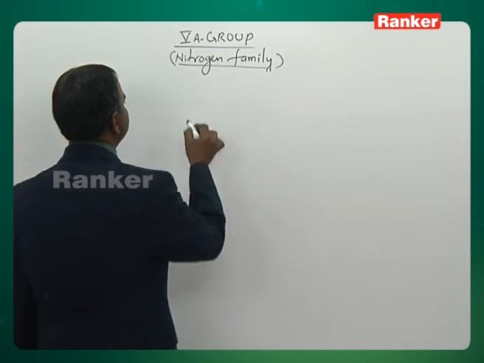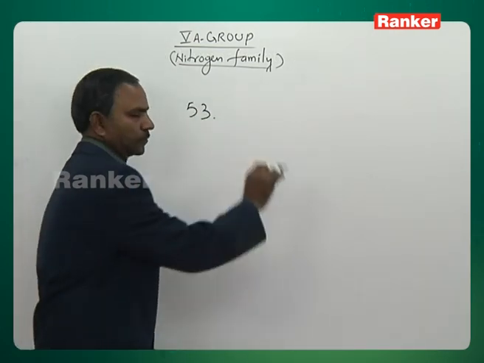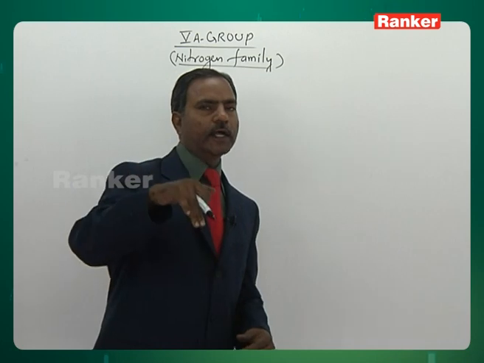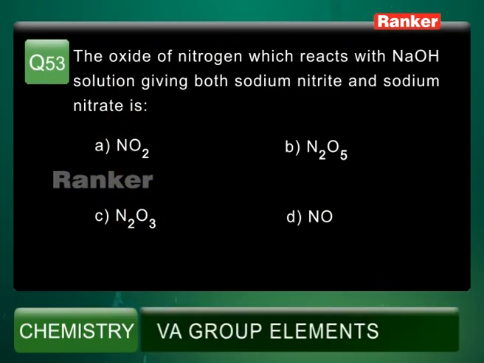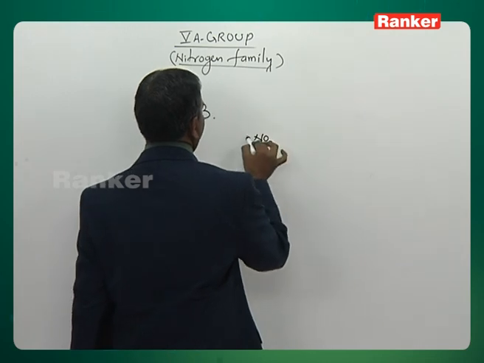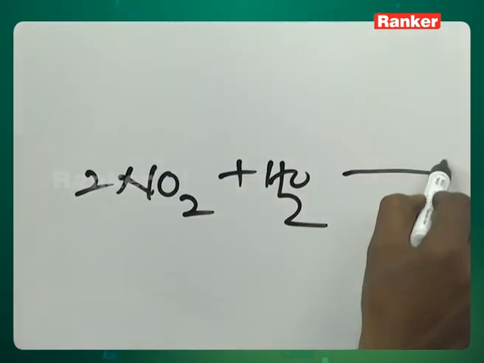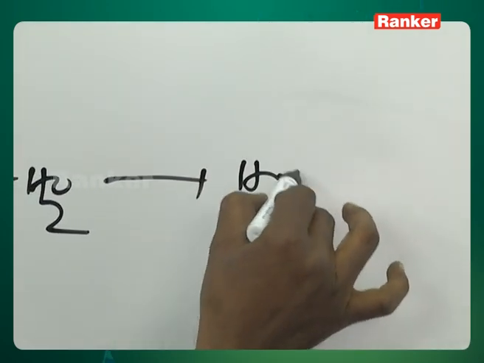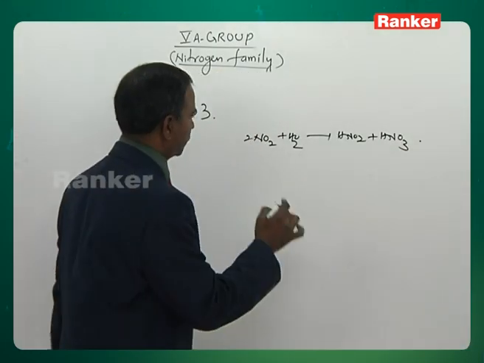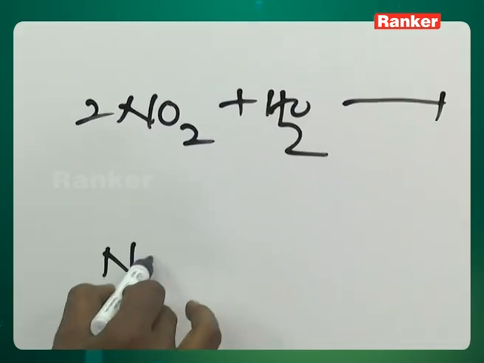Question number 53. The oxide of nitrogen which reacts with sodium hydroxide solution giving both sodium nitrite and sodium nitrate. A. NO2, B. N2O5, C. N2O3, D. NO. Let us see the first option, NO2. See, NO2 is actually a mixed anhydride of HNO2 plus HNO3. But now instead of taking water, you take